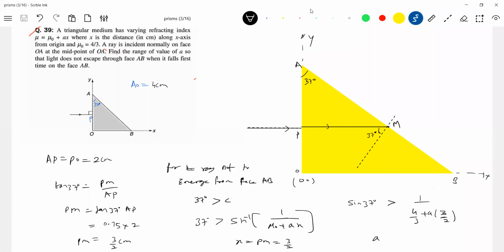These are some troublesome questions that will be there in the exam. We'll start thinking here and there. If it is not incident normally at AB, the path length is something related to this one. So not a big idea, that's what I feel. I too thought this, and something started working.